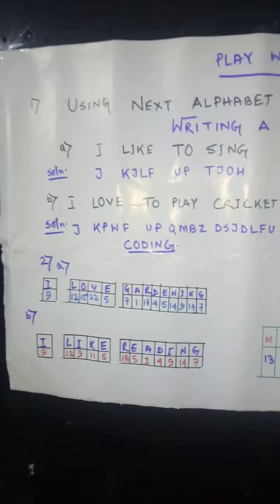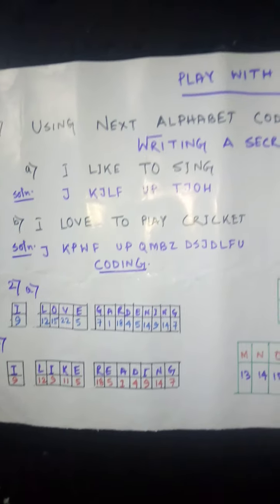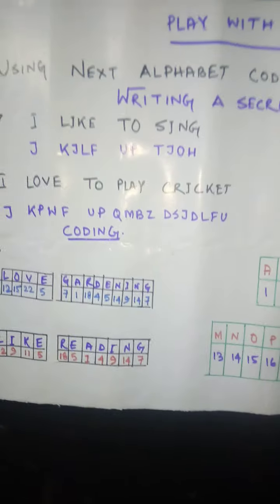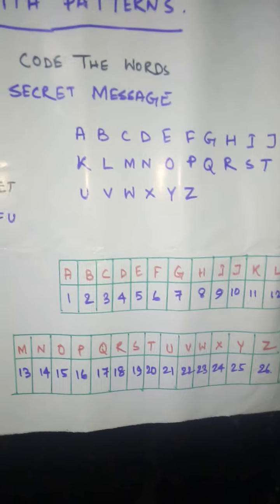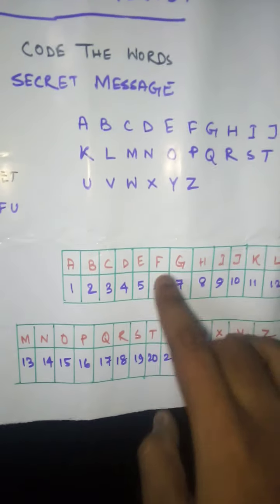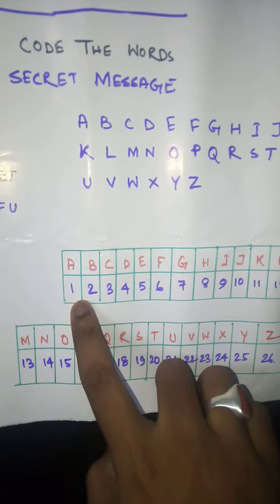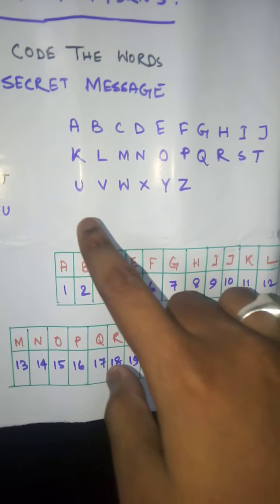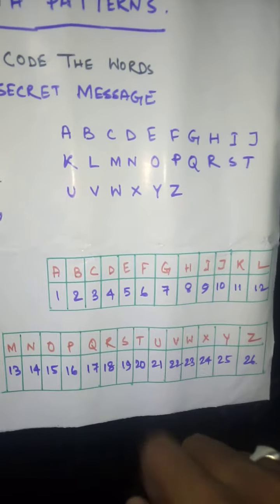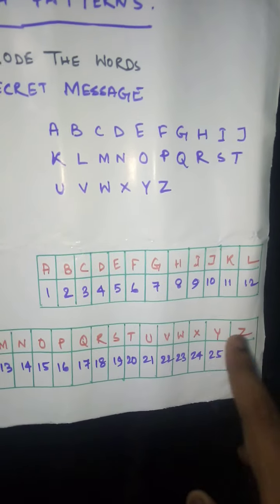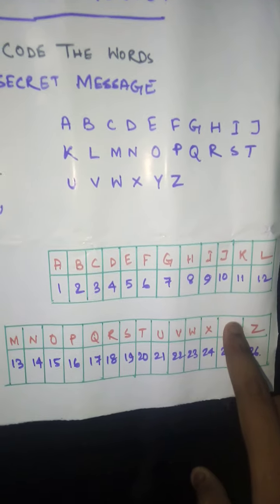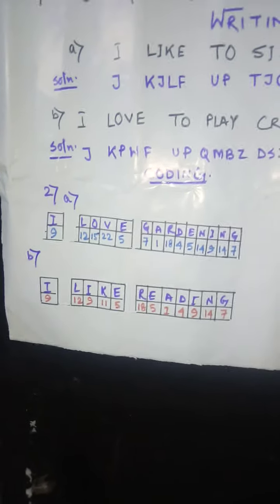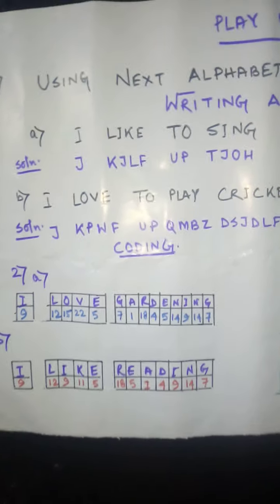Now the next part we come to is number coding. Before moving into these types of sums, we have to prepare a chart like this. Students, please take a look at this chart. Corresponding to each alphabet we have given a serial number, as we get them in the English alphabet series: 1 for A, 2 for B, 3 for C, continuing to 24 for X, 25 for Y, and finally 26 for Z.